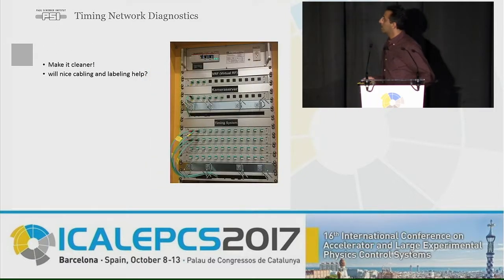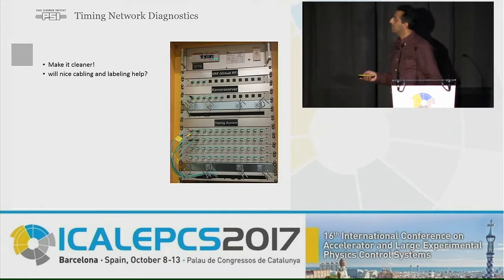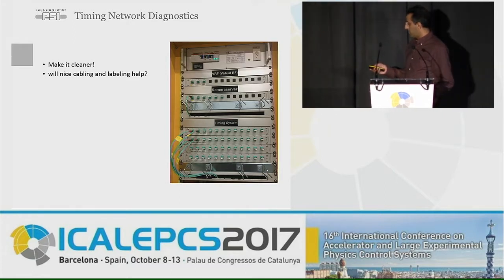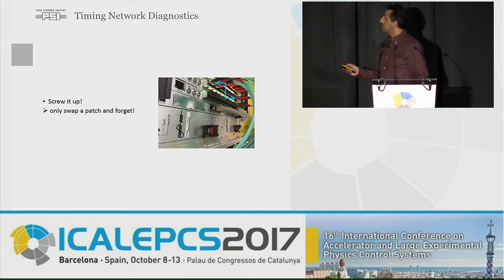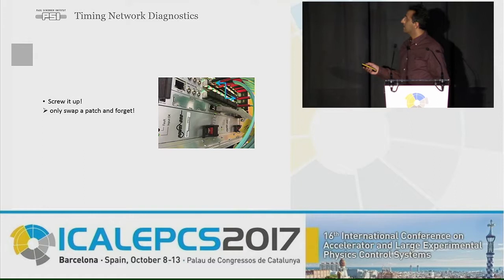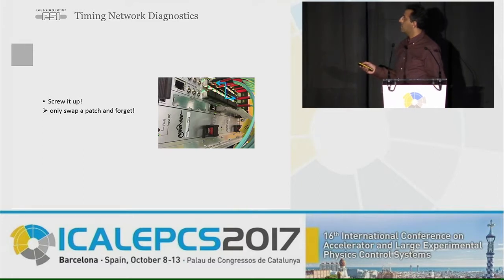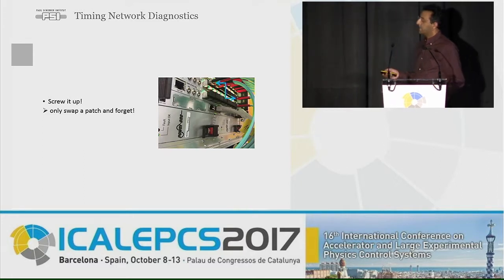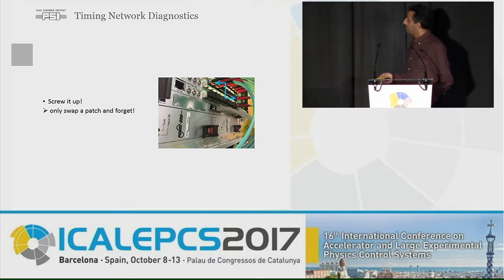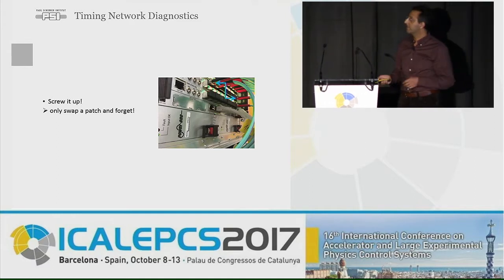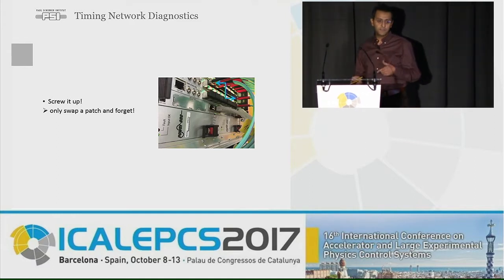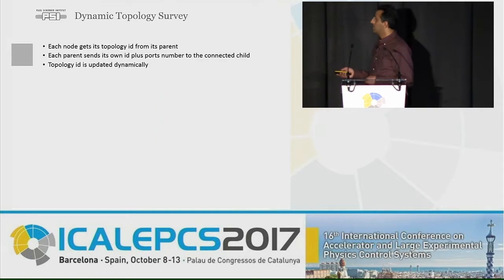Now you say, okay, I make it nicer, I do nice labels, and then my problem is solved. But I would say not. The problem is, if you're called in the middle of the night and you want to fix a problem, or you swap the cables and then you forget to label them correctly, then you don't know what is connected to where. And when you want to do troubleshooting, when an event receiver fails or a component fails, you want to know exactly the path between every event receiver up to the master.